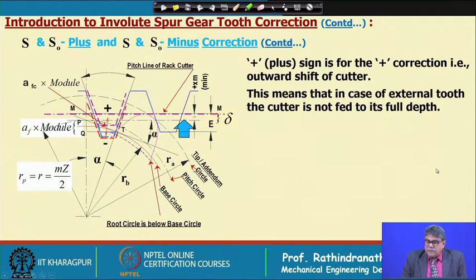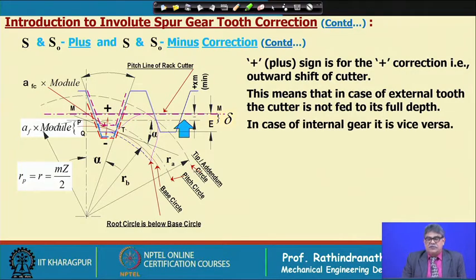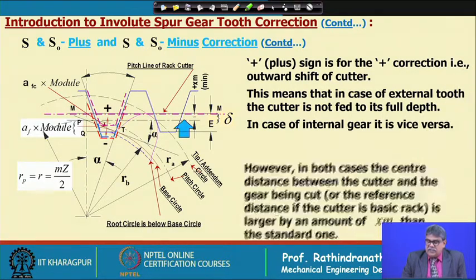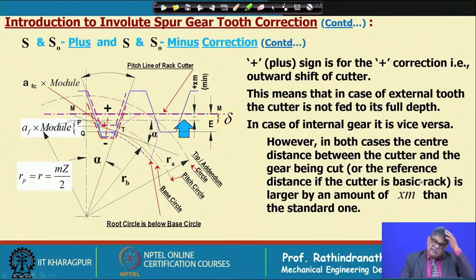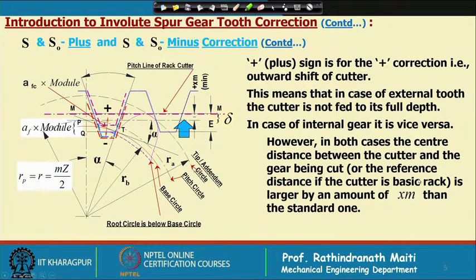Now, the plus sign is the plus correction, the outward shift of the cutter. This means that in case of external tooth, the cutter is not fed to its full depth, which I have already mentioned. In case of internal gear, it is vice versa. This means that